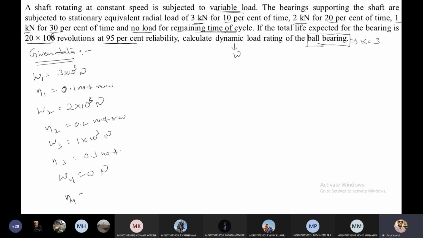Okay, and N4, remaining, how much I don't know, so the reason I am writing directly 1 minus 0.1 plus 0.2 plus 0.3. So how much is this one? 0.1 plus 0.2 plus 0.3, 0.6, it means 0.4 number of revolutions. Okay,